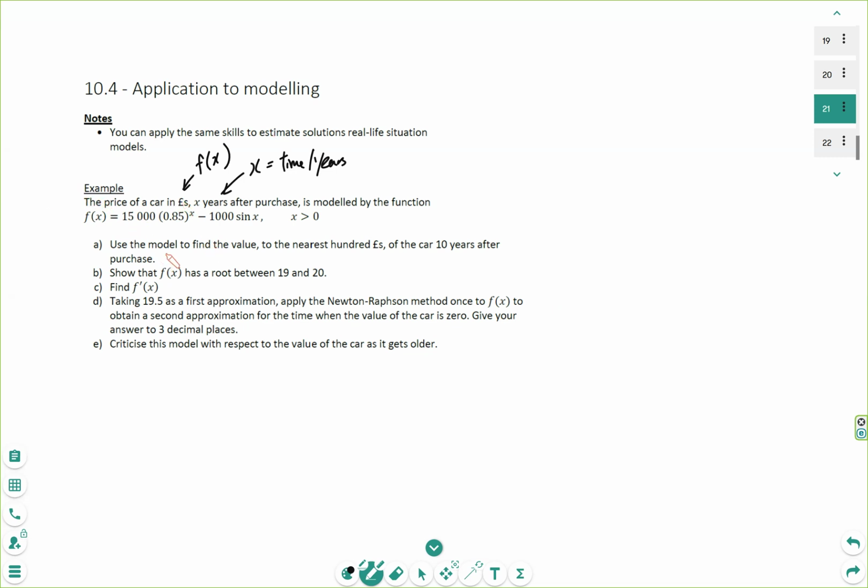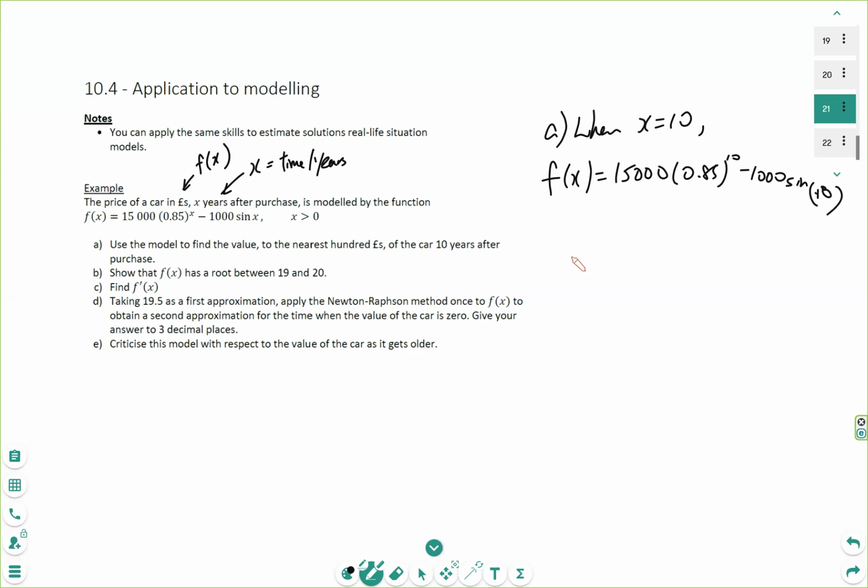Part A, use the model to find the value to the nearest £100. That means we want to find f of x, because we know pounds is the unit for f of x, of the car 10 years after purchase. So for question A, when x equals 10, easy peasy. So let's sub it in. f of x equals 15,000 times 0.85 to the power of 10 minus 1,000 sin